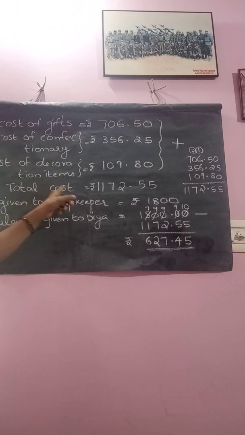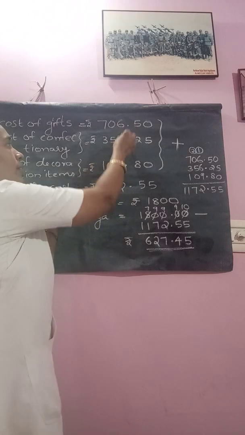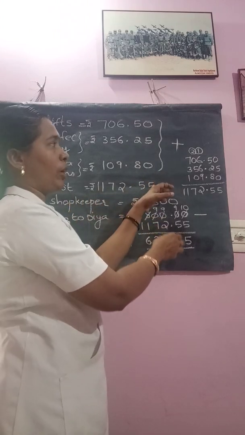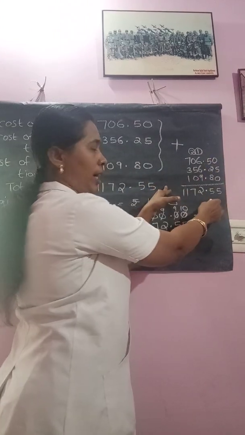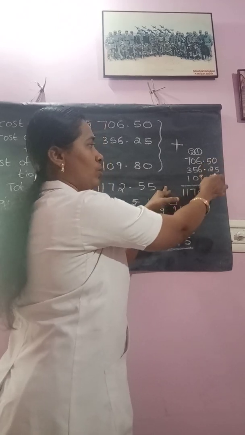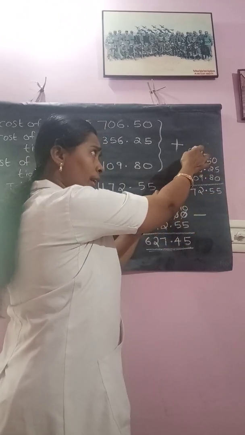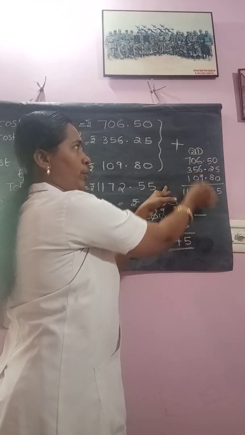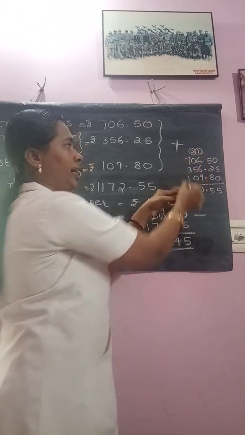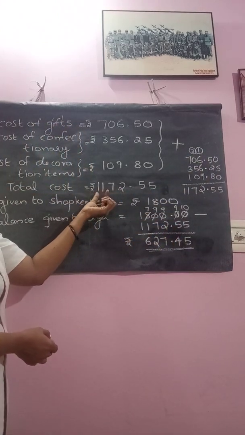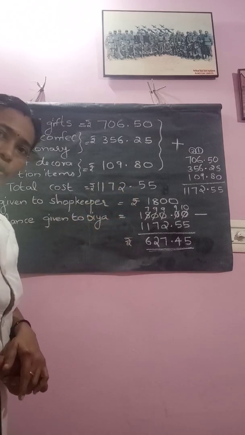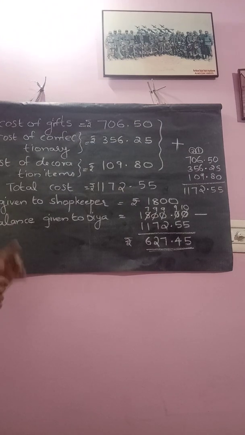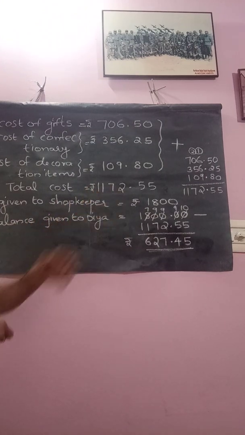The total cost for Diya is to add the 3 together. When we are doing addition of decimal numbers, you add the decimal parts first, column wise. 5 plus 2, 7 plus 8, 15, 1 balance, carry over to this side. Okay, point, then 1, 6, 7, 30, 22, 2 balance, 7, 7 plus 3, 10, 10 plus 1, 11. How much? Rupees 1172.55 rupees.